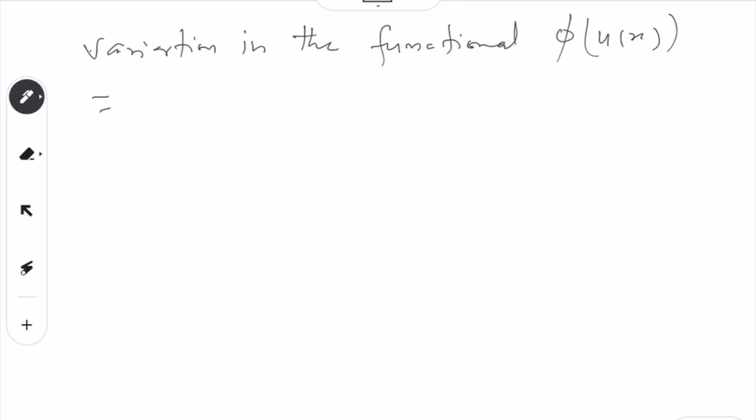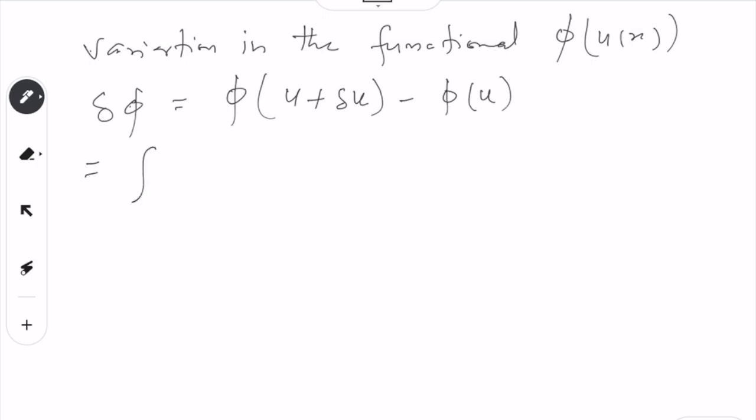Let us call it delta phi, which will be equal to, first we write phi(u plus delta u) minus phi(u), which is equal to integral from 0 to L,